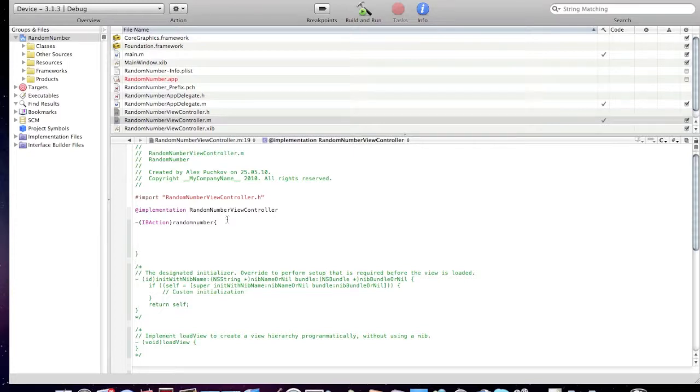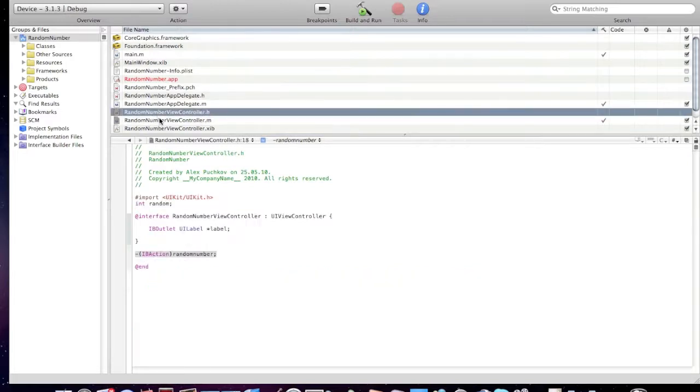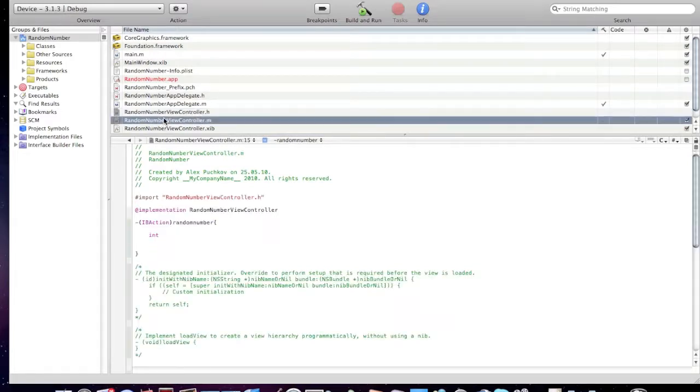And now just type in 2 lines of code. Integer. What is our integer called? Random. Integer random